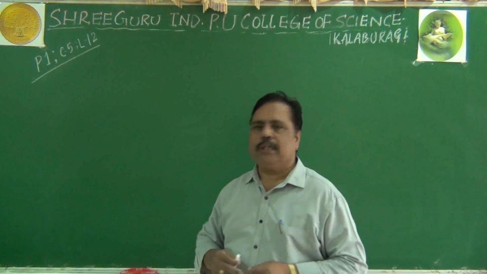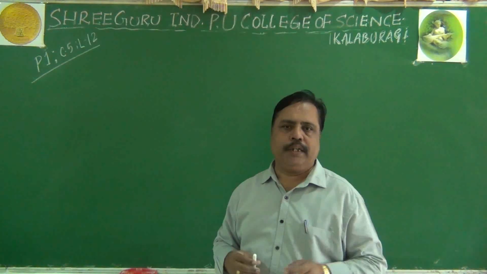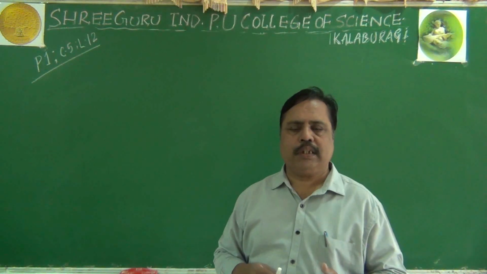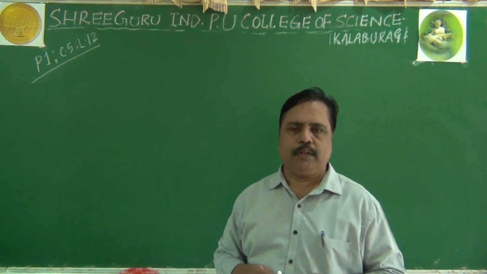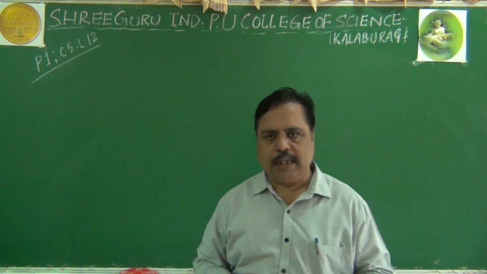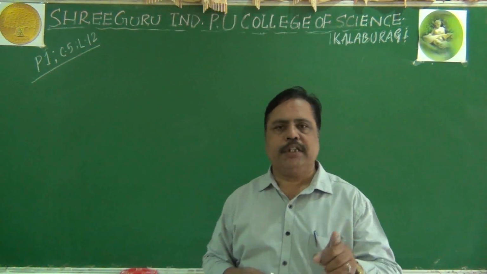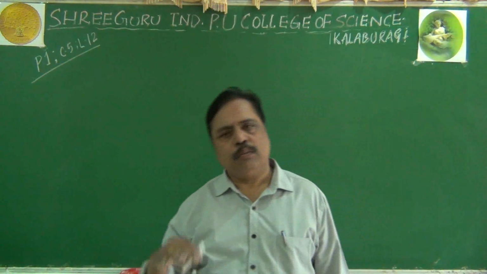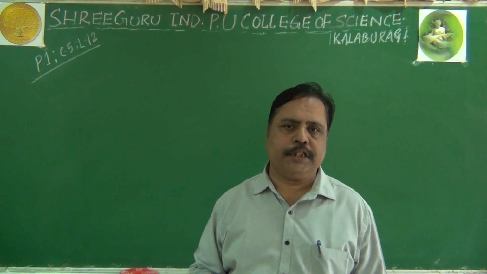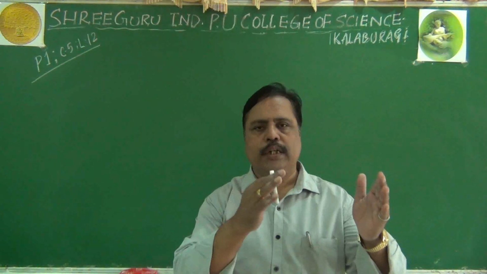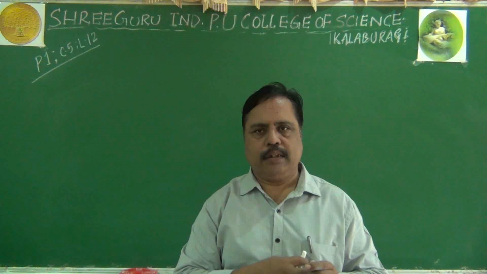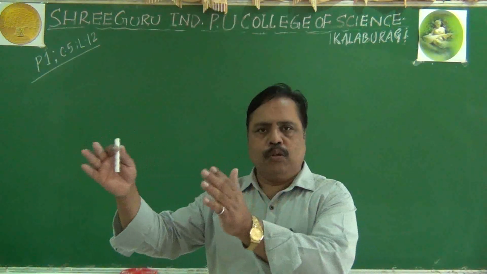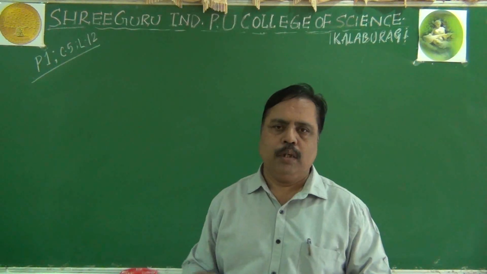You may recall some terminologies based on sexuality of the flower also. There are unisexual flowers and bisexual flowers. Unisexual flowers will have either androecium or gynoecium. Bisexual flowers will have both androecium and gynoecium. You have to understand the difference between unisexuality, bisexuality and monoecious, dioecious and all.